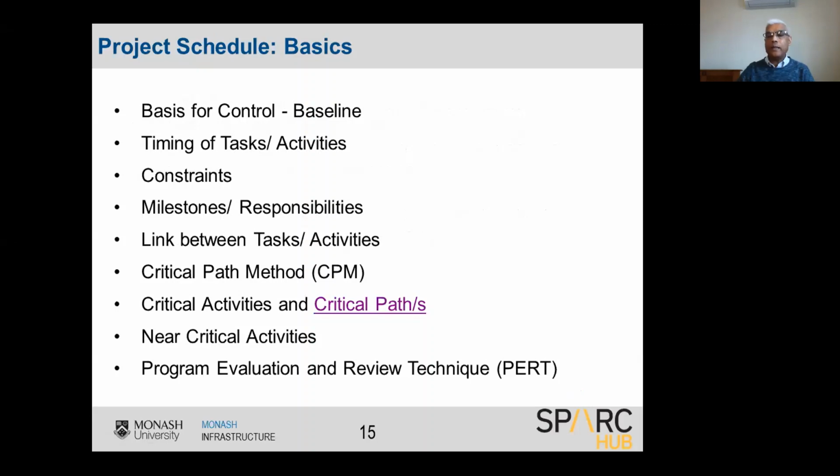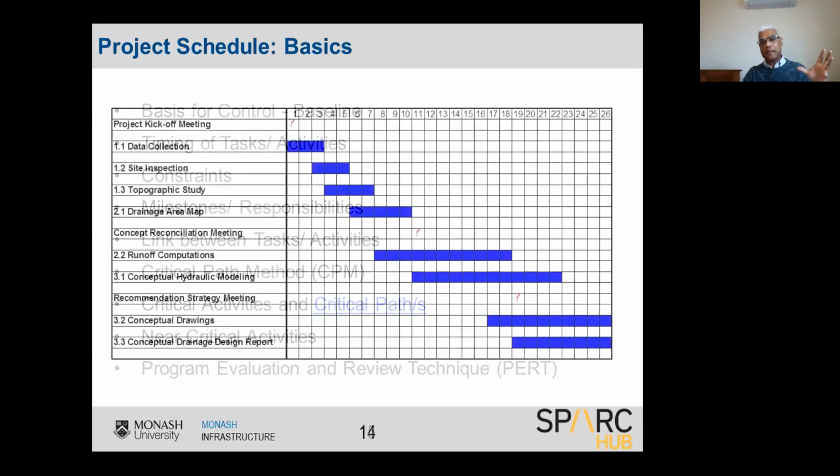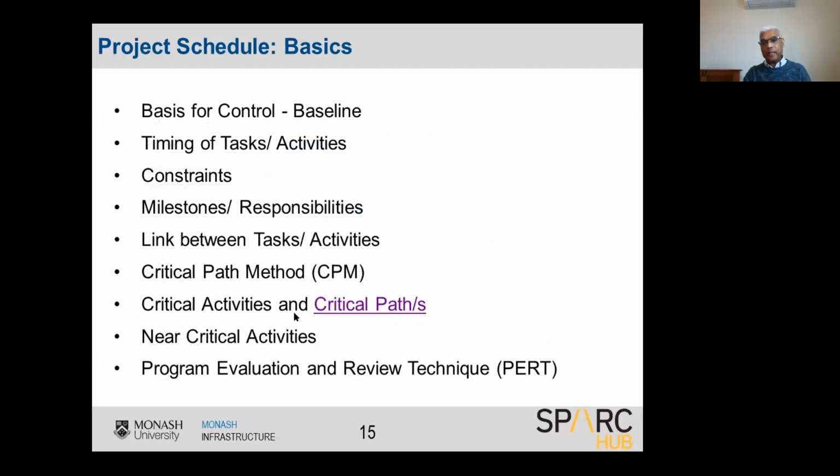So if you delay that path by 5 days, that path will become critical, overtaking the previous critical path. So when you prepare schedules, you need to consider all these aspects, critical paths and near critical activities, prepare the schedule, put that down as the baseline,